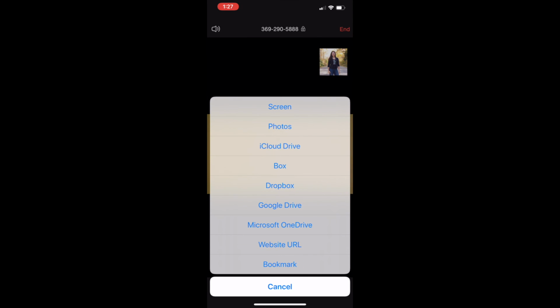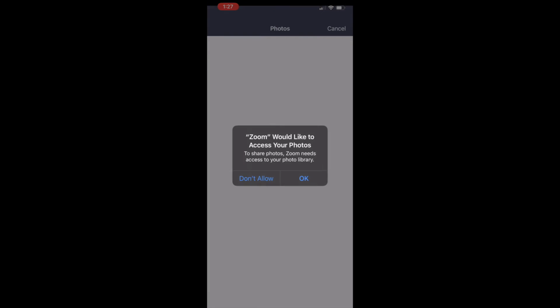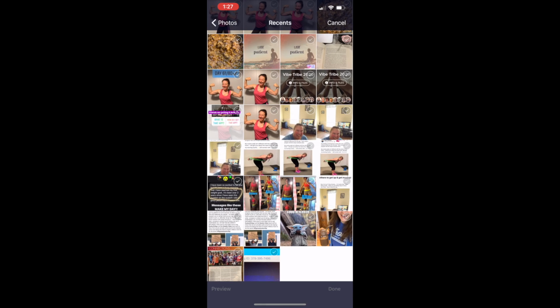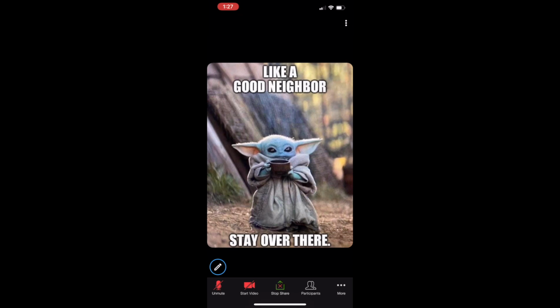Clicking the Share Content button, you can share your screen, photos, iCloud, many different options for sharing content on your phone. You can easily share a photo and your love for Baby Yoda. Clicking the Stop Share button will stop sharing, and in the top right corner you can leave meeting or end meeting for